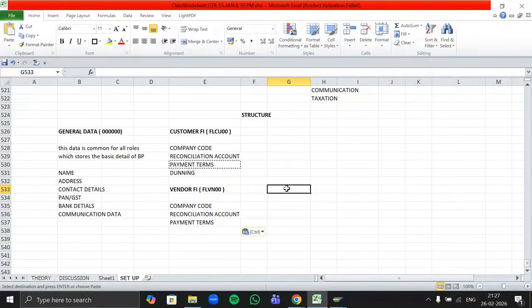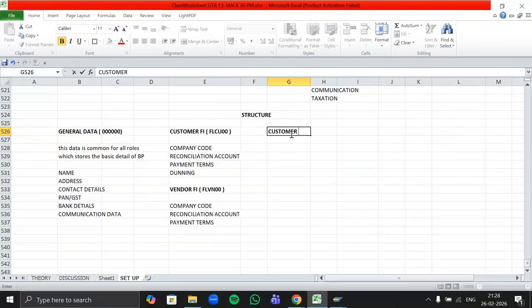Now whoever is a customer you have created, that customer is a part of your sales organization. Of course he will be part of your sales organization, then only you will be able to sell any product to any of your customers. So if you want to make your customer a part of your sales organization, once again you have to extend this role to customer SD role, and that role is identified with the role code FLCU01.